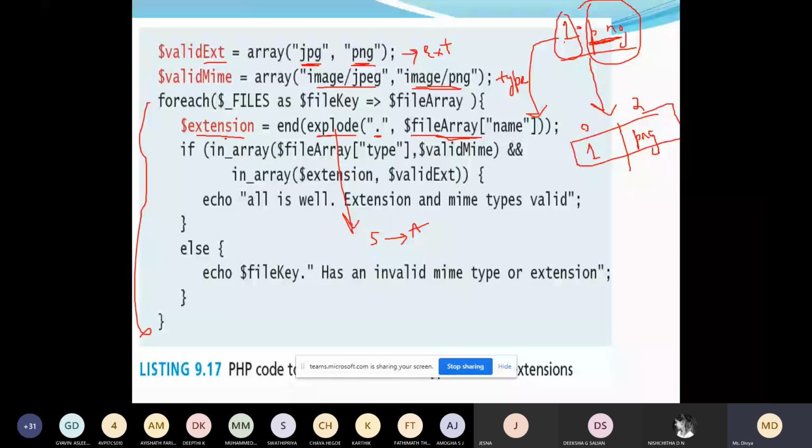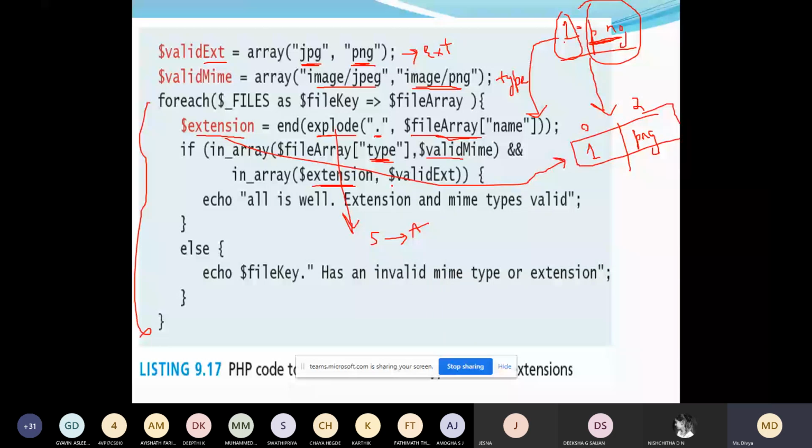Now what we do is check the type of the file in the $file array, whether it is equal to this valid type. Also we are checking whether, in the extension array, you have this valid extension.